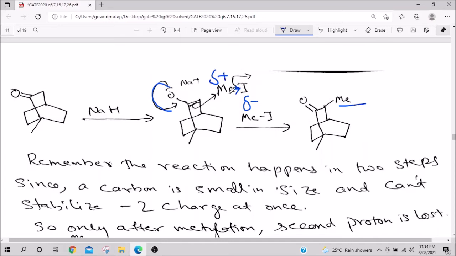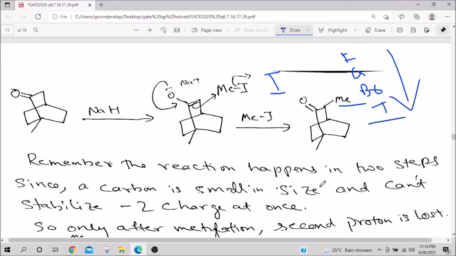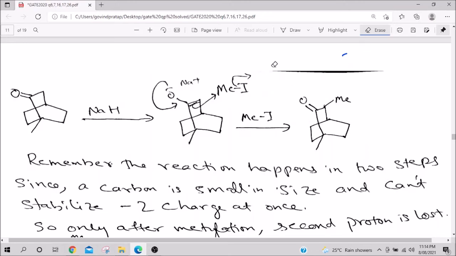I minus is one of the best leaving groups. Why? Anything is a good leaving group if it is stable even after leaving. First comes fluorine, then chlorine, then bromine and then iodine. I am going down the group, so size has dramatically increased. Iodine is very, very big. So, the 1 minus charge gets lost somewhere, because electron density is very, very low here because of size. So, I minus is a wonderful leaving group. So, it leaves and you get this